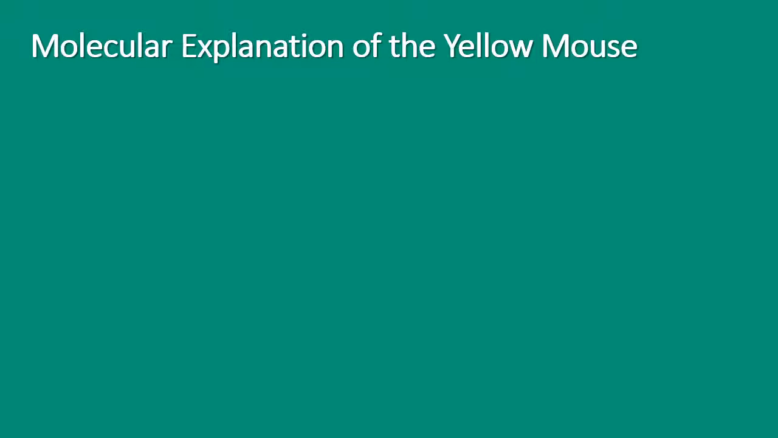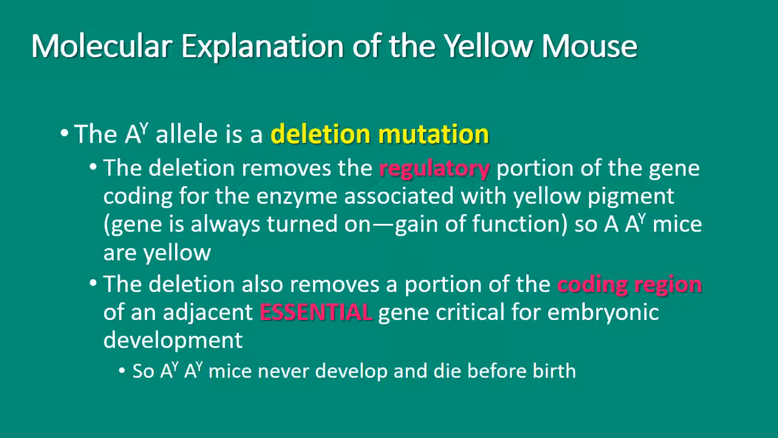So just some explanations of how this works. This is actually a deletion mutation, and the deletion removes part of this regulatory portion of the gene that codes for the enzyme associated with this yellow pigment. So when the regulatory part is removed, the gene is turned on all the time. So instead of just putting a yellow band on the hair, the whole hair gets painted yellow,